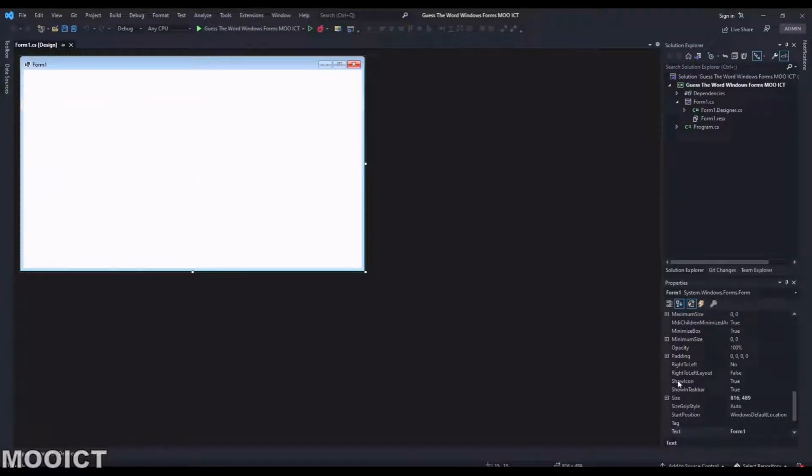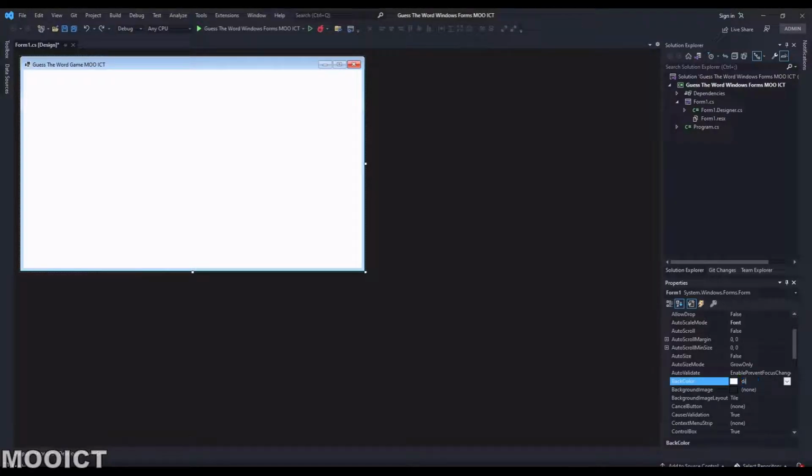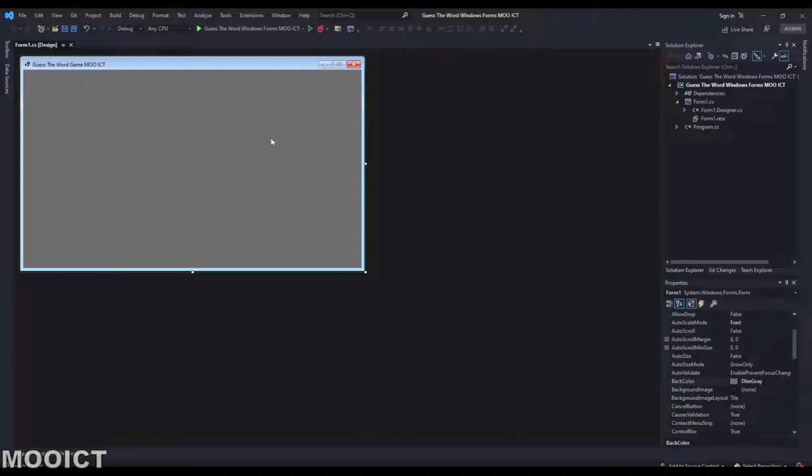So now let's go ahead and make some changes to the form. The first change I'm going to make is the title. Let's say, guess the word game, MOO ICT. I'm going to change the back color of the form to a dark color. So we're going to change that to dim gray. This is going to be a bit darker so we can see the text a bit